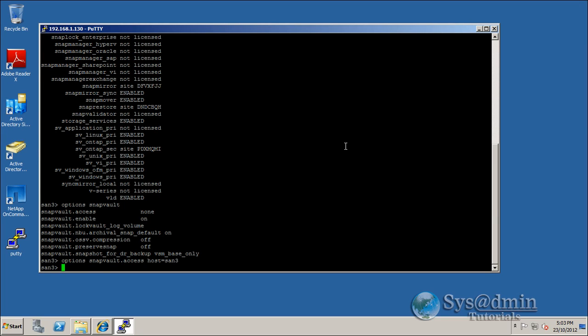So now we're ready to create our baseline. To create the baseline, if you're using a single filer, you'll enter this command here. If you are using a two filer setup, you would want to enter this command on the destination filer. The command that we need to enter is snapvault start -S, the filer name,